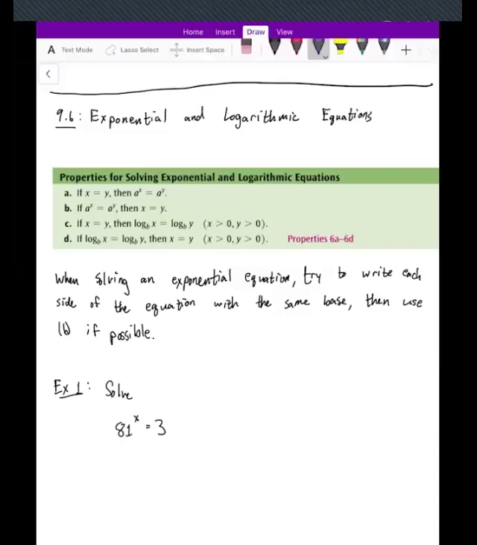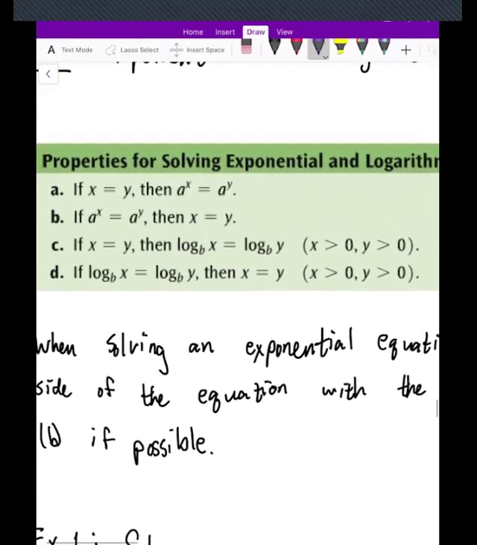Okay, guys, welcome. Today we're going to talk about solving exponential and logarithmic equations. We'll go through some of the rules that we're going to need, and then we're going to go through a bunch of examples. Now, some of the rules that we'll need